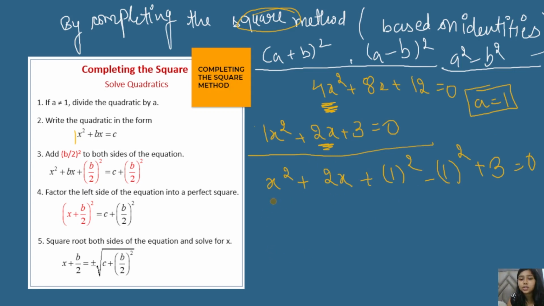You can see that there is x square, there is 2x. The identity is a square plus b square plus 2ab. There is no b square present here. To get the 2x, a must be 1 and b must also be 1. So we will take 1 square, adding and subtracting 1 square. So we will get x square plus 2x plus 1 square